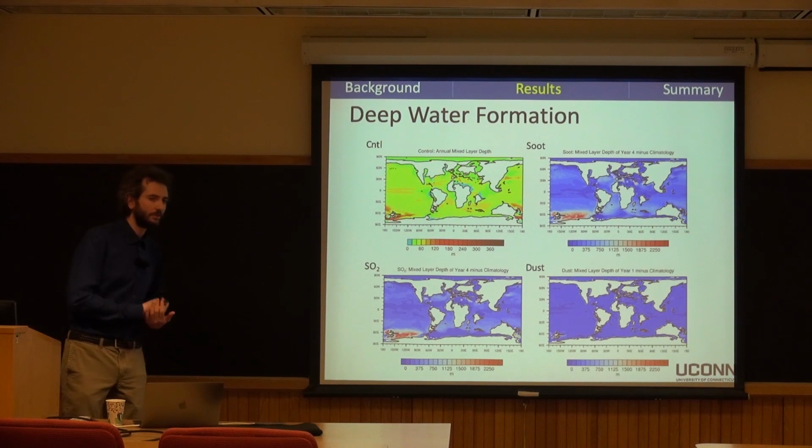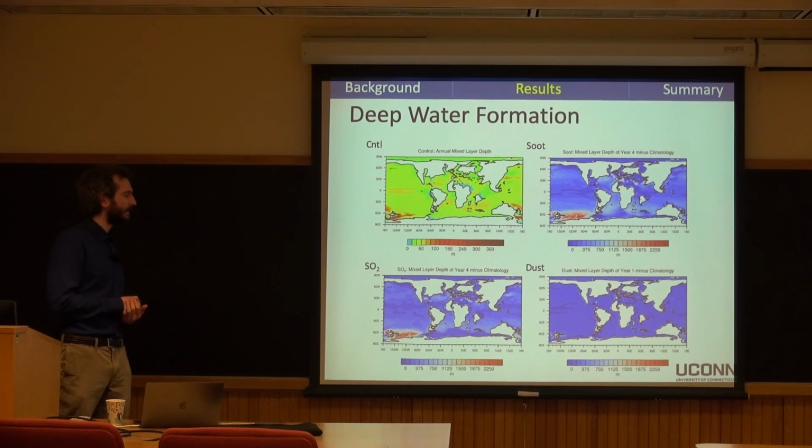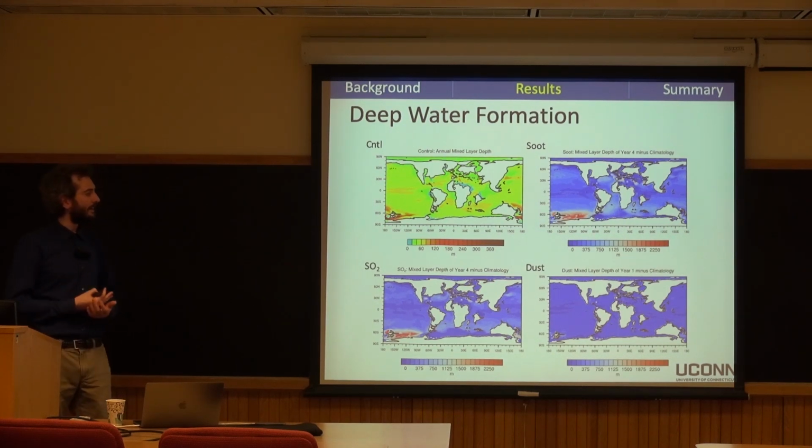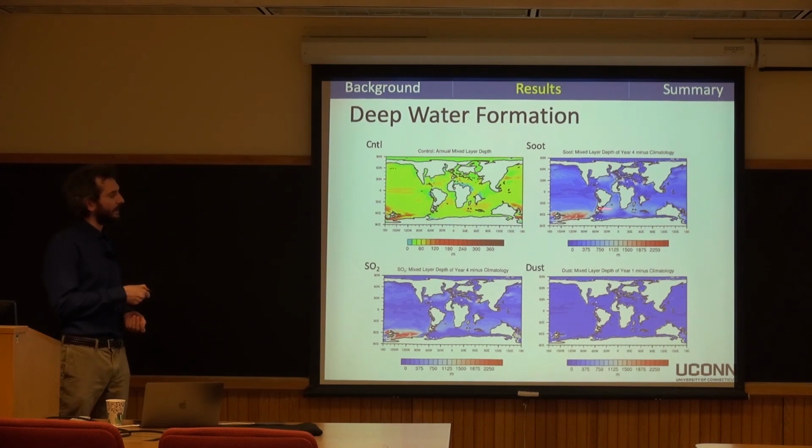So I already mentioned that there's an extreme increase in deep water formation. It's increasing almost everywhere by quite a bit. If you compare the scales here between the pre-impact climatology and then how much larger these values are after the emission scenarios, it's really an extreme increase in deep water almost everywhere around the globe, particularly in the high southern latitudes where it was already fairly high.